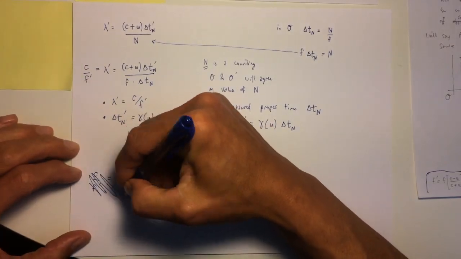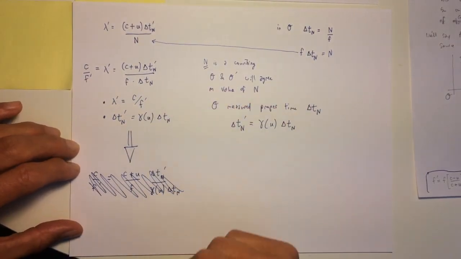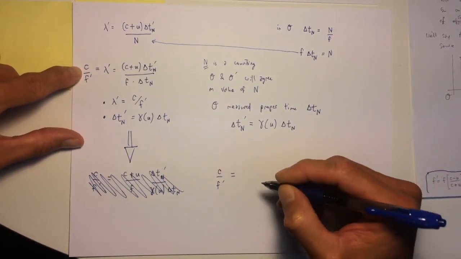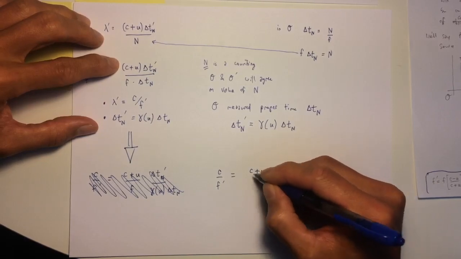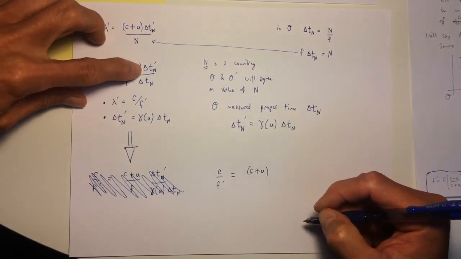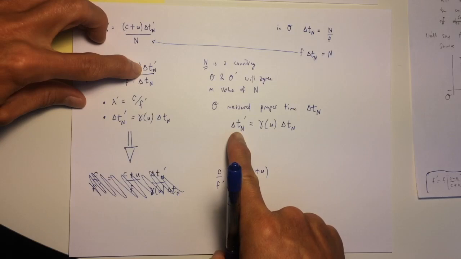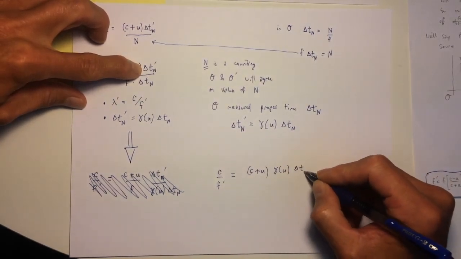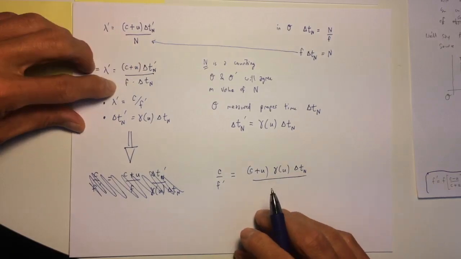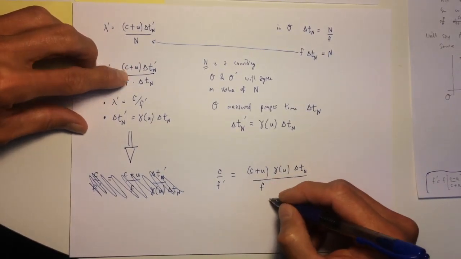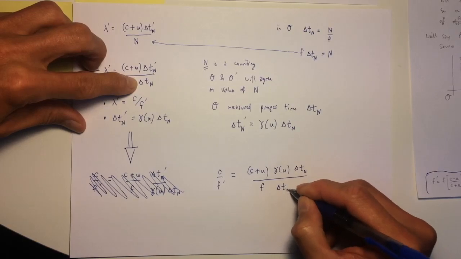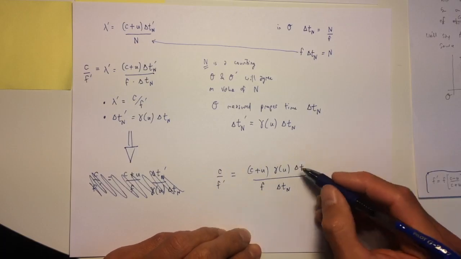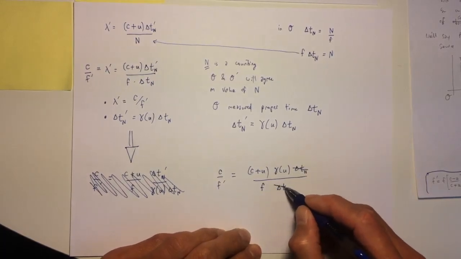Not that, right? c over f prime is equal to c plus u. I was going a little bit too fast. The top is that prime right there, so it's gamma of u delta t sub n divided by f times delta t sub n, which means that, in a sense, what we're discovering right here,